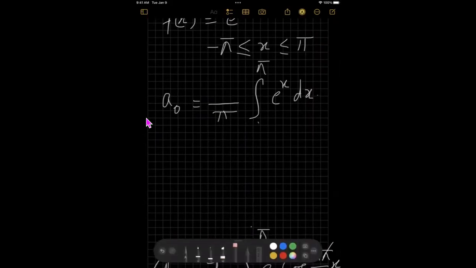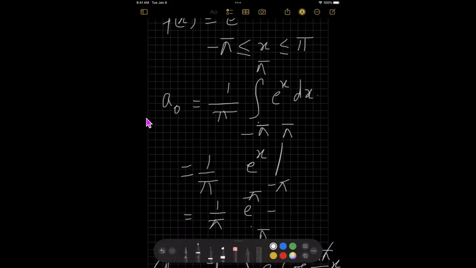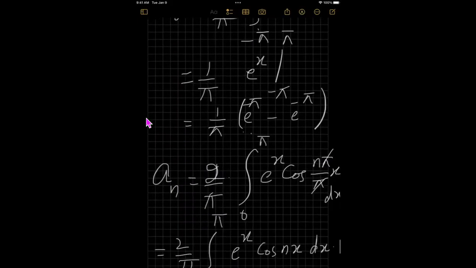Okay. So this is 1 over pi, and minus pi to pi. Now it's fine. 1 over pi e raised to power x, minus pi to pi. So we have 1 over pi, e raised to power pi minus e raised to power minus pi. For the an,